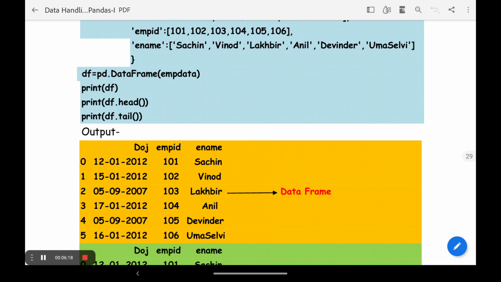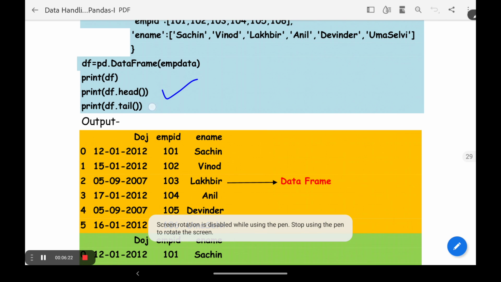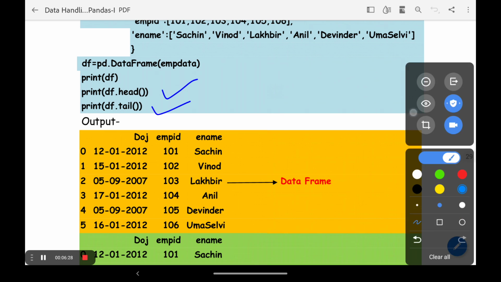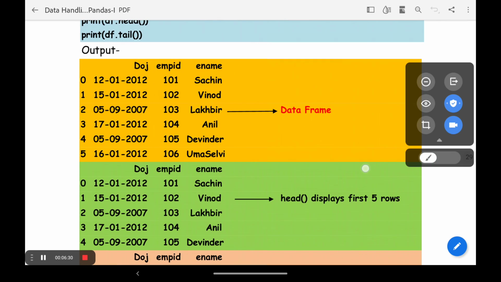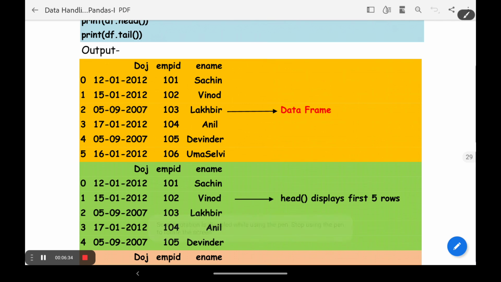Now we are printing df.head() in this line, and in the second line df.tail(). So what will happen when you do this statement? This is the head value. You know that we have 6 rows in the data frame.